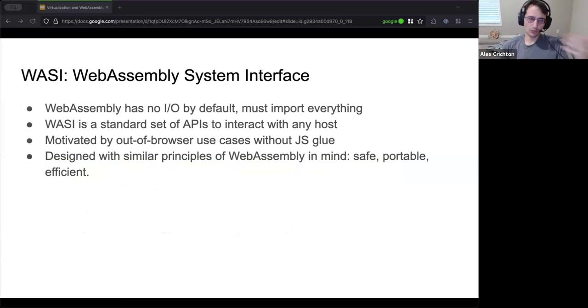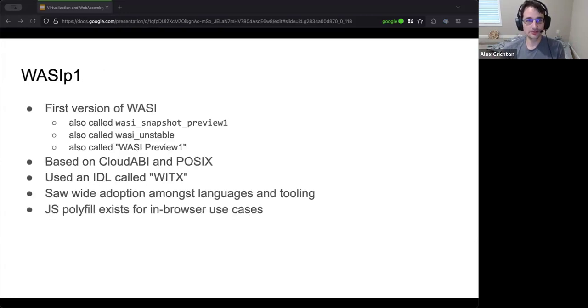So when you're running in a browser, you've got this entire JavaScript runtime, you've got the entire browser ecosystem, the entire browser platform. But outside of a web browser, where I primarily work, none of that exists. And so WASI is filling in the gap, where it's a standard set of imports that you're able to import, and it looks kind of POSIX-like. It's all designed similar to WebAssembly in terms of being portable across many platforms, including the web, safe in terms of being not very error prone by default, but also efficient at the same time.